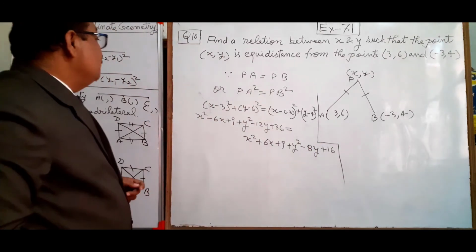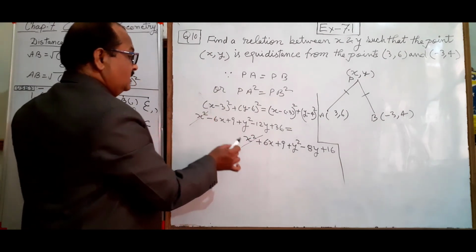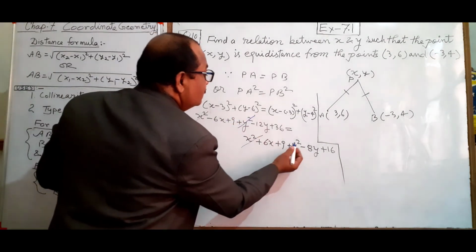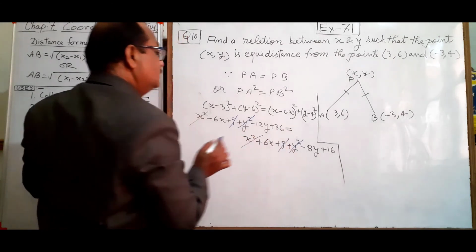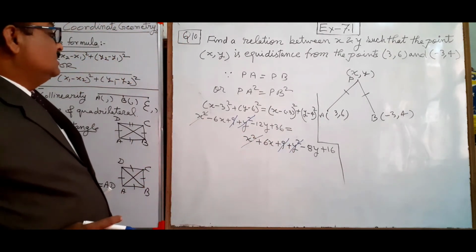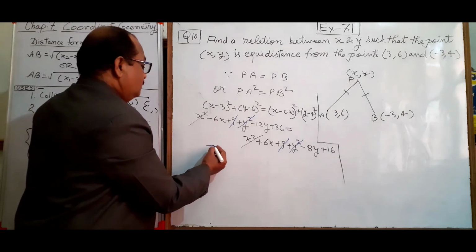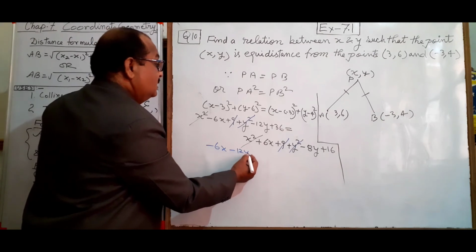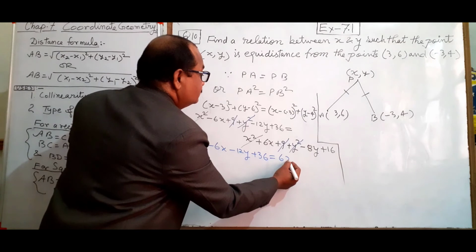Now simplifying, see here x square cancel, y square cancel, 9 to 9 cancel. Anything else? No. Now here we are getting minus 6x minus 12y plus 36 is equal to 6x